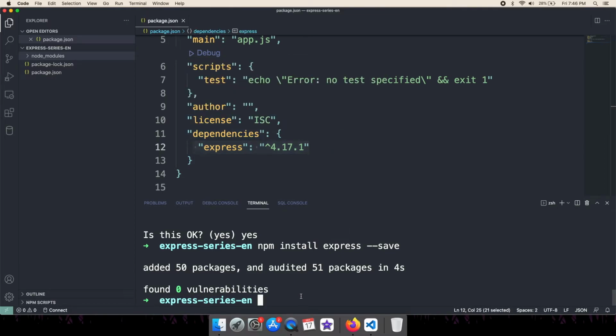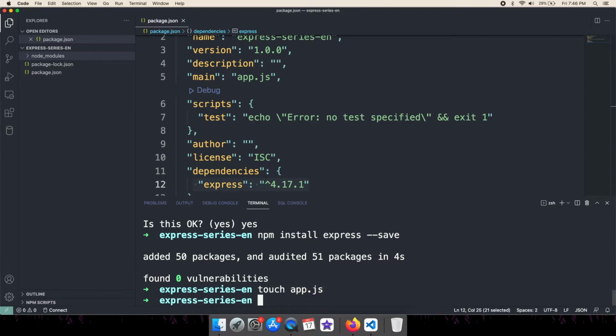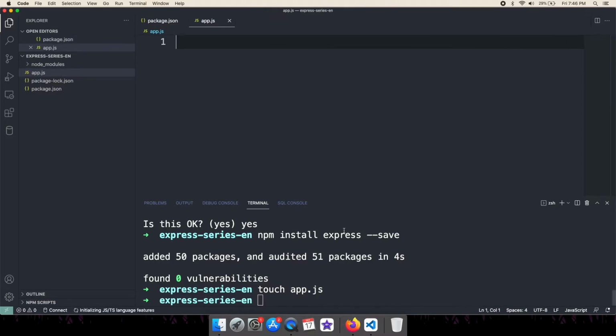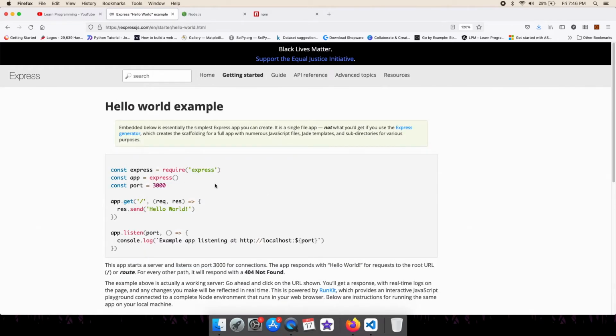Then the next step that we need to do is to create our entry point file. In this example, the entry point is app.js. So I'm creating the app.js here, and there you can write the actual code. In this example we are going to try the basic hello world example.